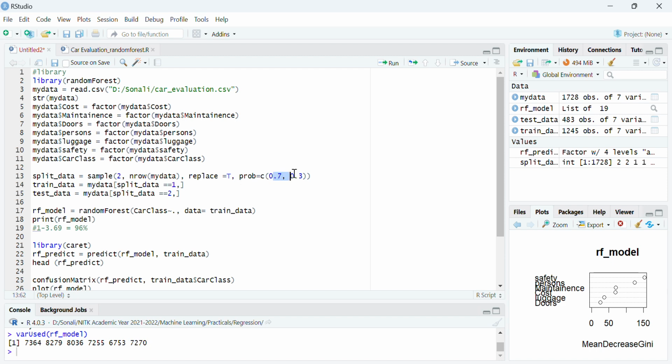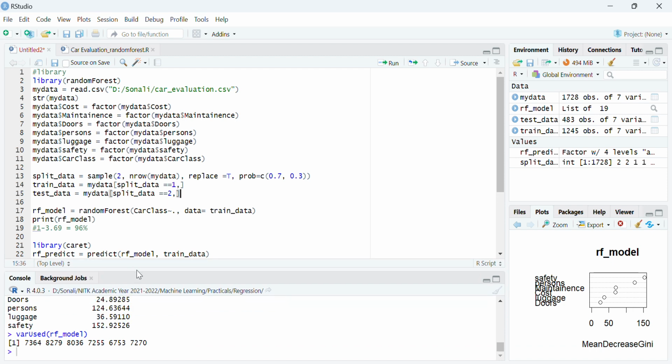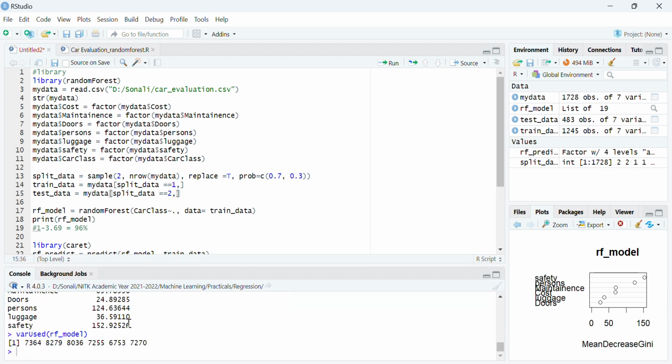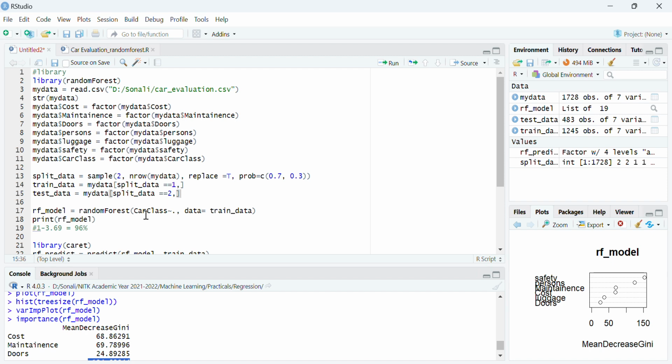Of course you can change the training and testing data ratios. Now that you know which variables are primarily contributing, persons, luggage, safety, cost and maintenance, you can recreate the model based on only those parameters also. Fine. So I hope you understood this.